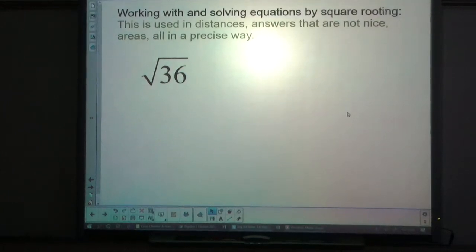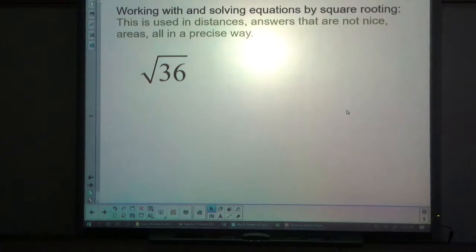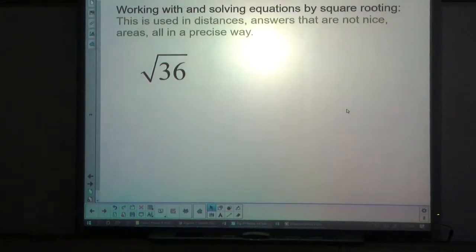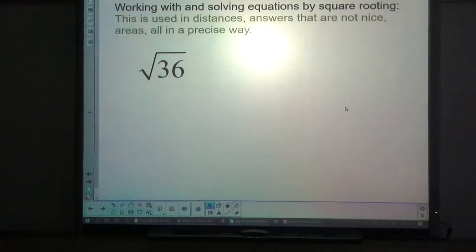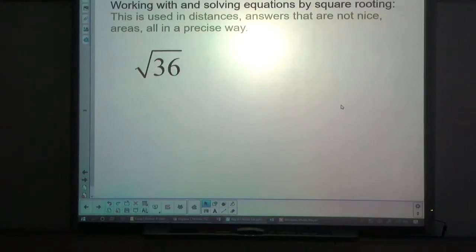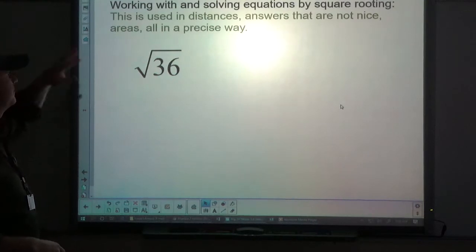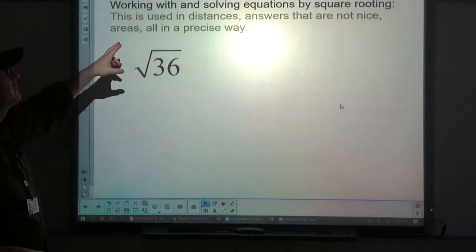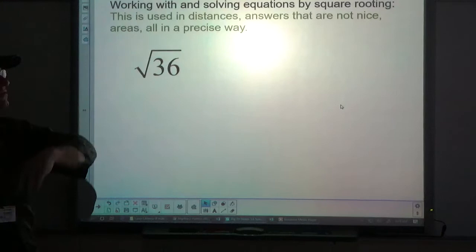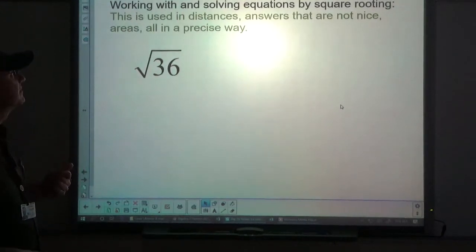All right, here we go. Solving equations by square rooting. We're going to be simplifying square roots, multiplying them, dividing them, rationalizing the denominator. We're going to be doing all of that good stuff. So the first thing I'm going to start with is basic simplifying. But to know that square roots are used in distance, answers that are not nice, like 5, areas, and all